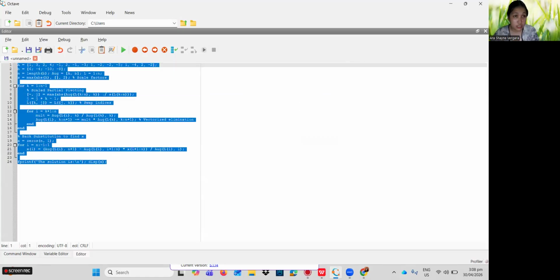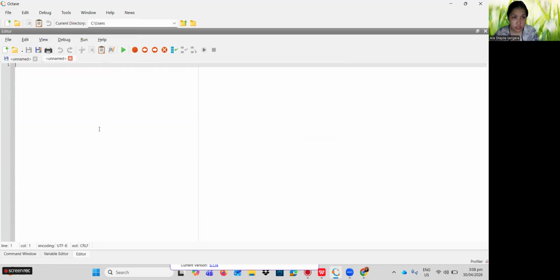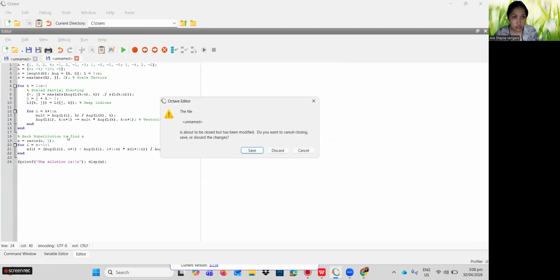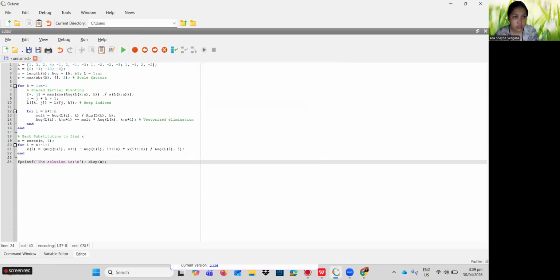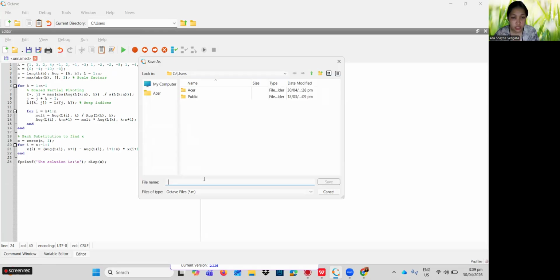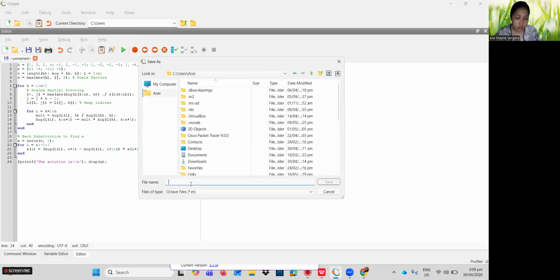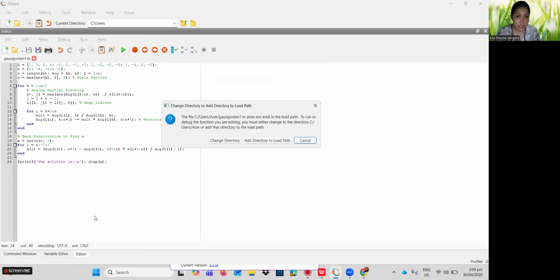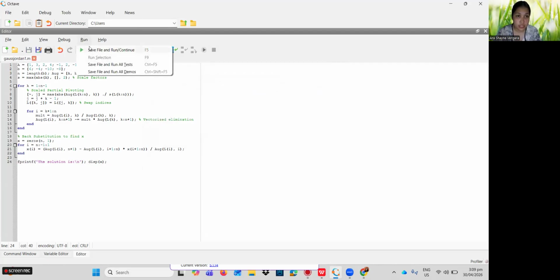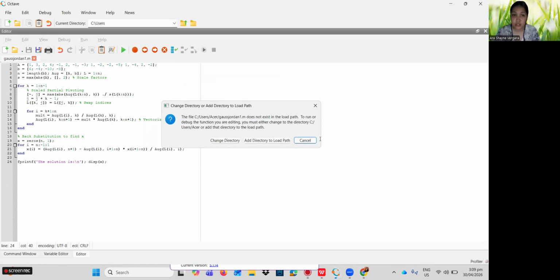So let's just create one and copy. Let's discard and save first. Then I want it on my computer and name it Jordan. Let's run it and let's see on our command window.